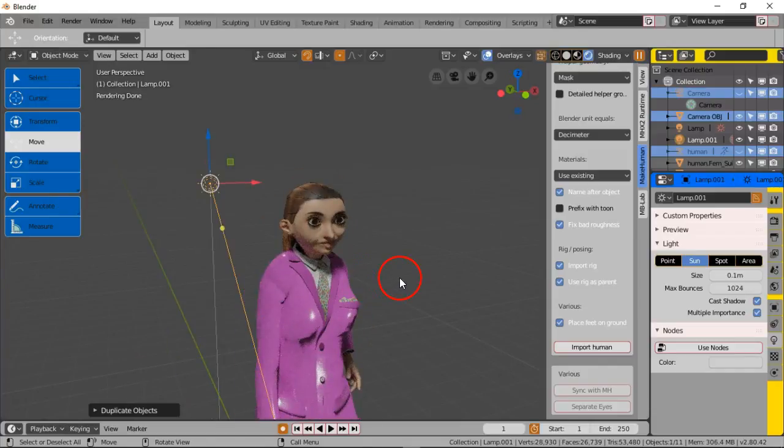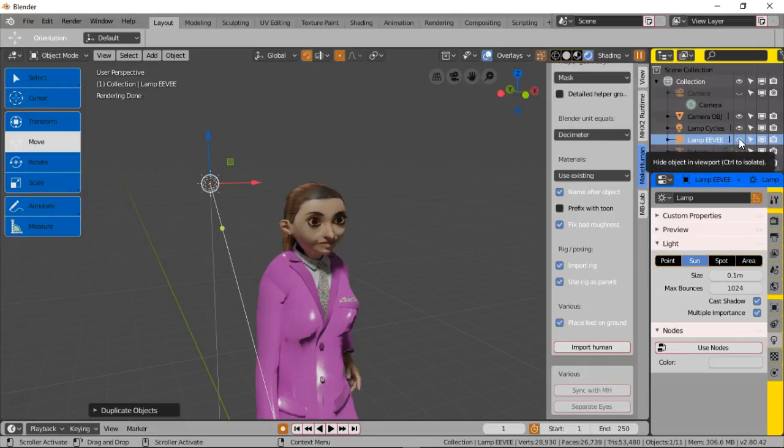So let me just make sure. Alright, yeah, so the duplicate lamp is created and it's going to say lamp 001. What I recommend for you to do is just name them. So we're going to call this lamp cycles, left click somewhere else, and then call this one lamp EEVEE, like that. So with the cycles one, let's shut off the EEVEE lamp since we're in cycles,